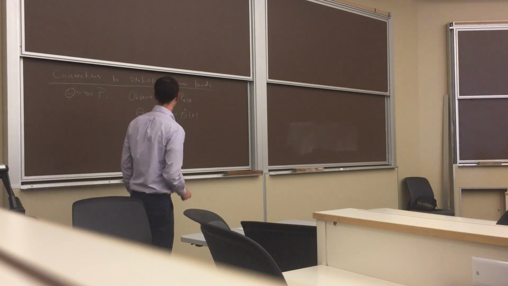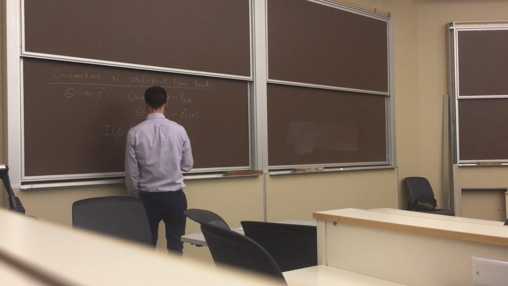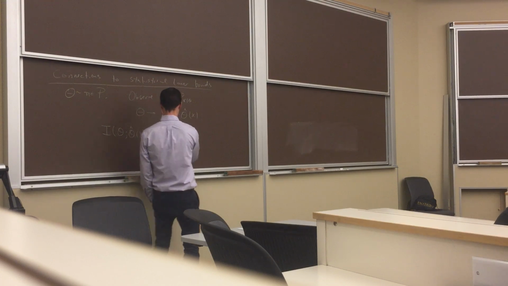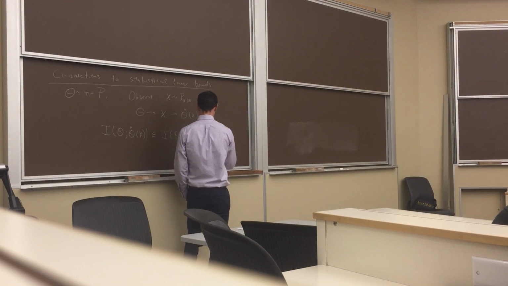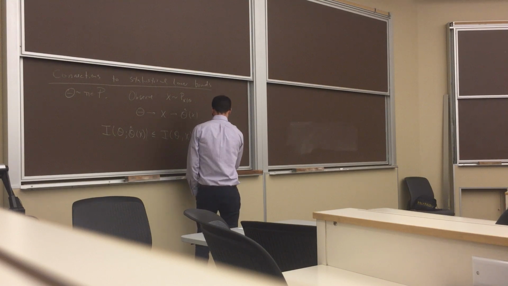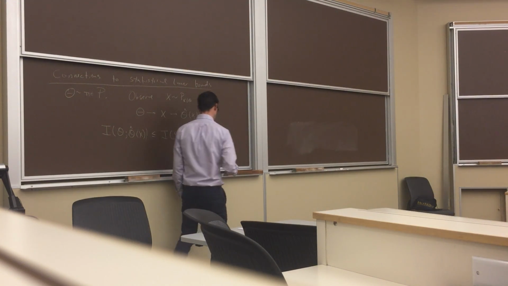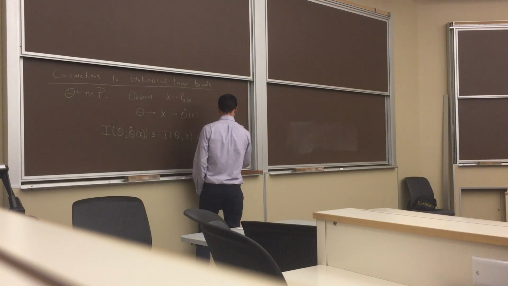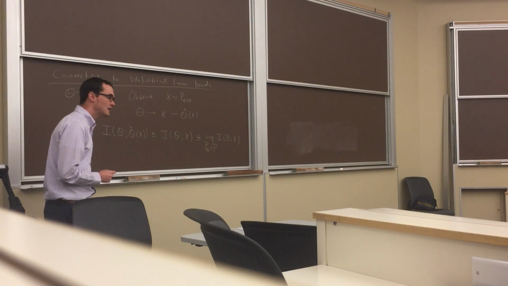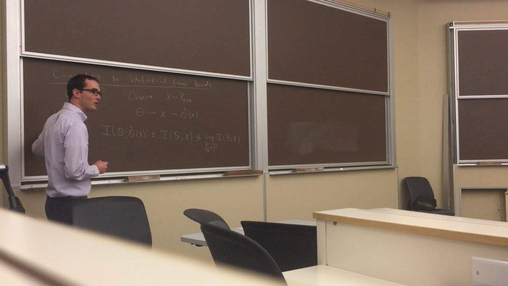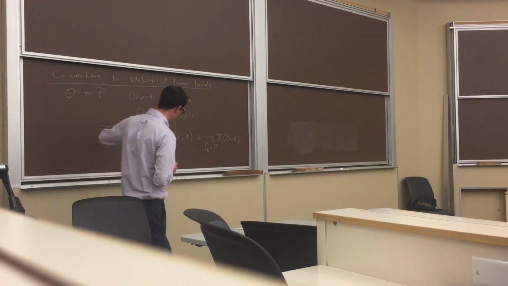Okay, so what was not controversial is that I can write, by the data processing inequality, the mutual information between theta and theta hat is less than or equal to that between theta and x. Okay, and then just trivially, this is less than or equal to the supremum over distributions on theta, let's say in my set of admissible priors, of the mutual information between theta and x. Okay, so this part wasn't controversial, right? Now, the part that was controversial was when I wrote something down on the left-hand side and people were asking,